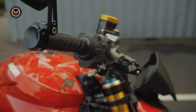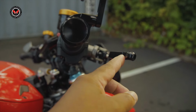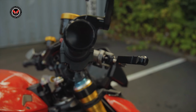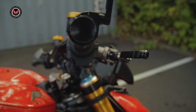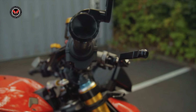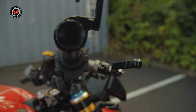Now, look at one more part of the lever here, guys, right there. I don't know if you guys could make that out. That's a breakaway section in case you were to drop the bike. Again, there's a lot of premium parts on here that will assure that you get home no matter the situation. So if you were to drop the bike, and your levers were to hit the ground, instead of it completely breaking off and leaving you stranded, most likely this little component's gonna break away and then you'll be able to